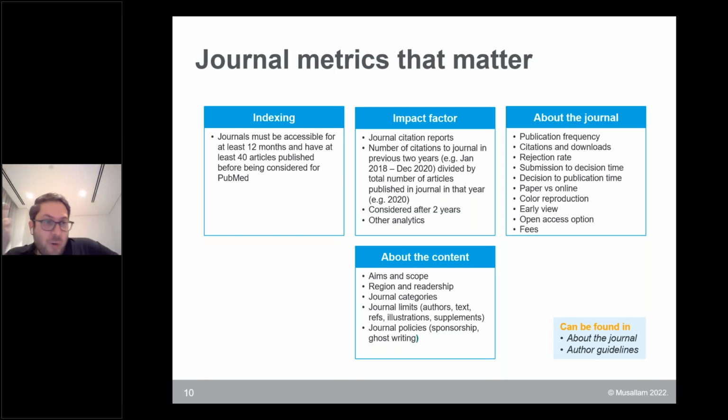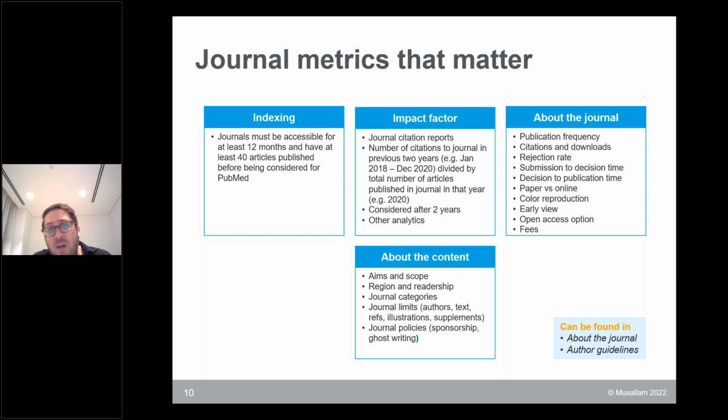Most journals, when they first appear, they can't do that. So PubMed has some criteria to be able to be indexed in it. So the journals have to have some load to be there for a while, usually a year, up to 40 articles published. These are maybe now outdated numbers, but there is usually some criteria before a journal comes on PubMed. That's why sometimes we get a lot of invitations from journals to publish in them, but I immediately look, if it's not at least PubMed indexed, I maybe sometimes wouldn't even want that,